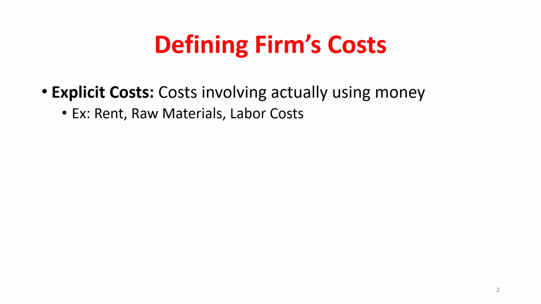So the usual costs we think about are going to be things that we are handing money over for, or what we call explicit costs, right? So these are going to be things like I have to pay my workers' wages, right? So those are my labor costs. I have to buy machinery. I have to pay for rent. These are all things I'm handing money over for, or what we call explicit costs.